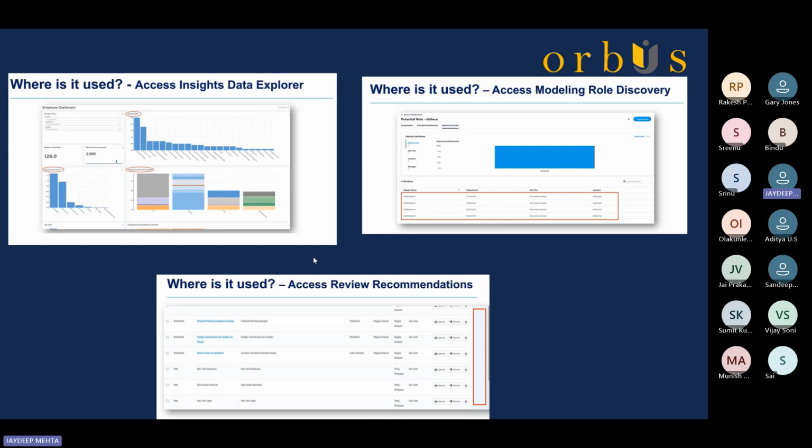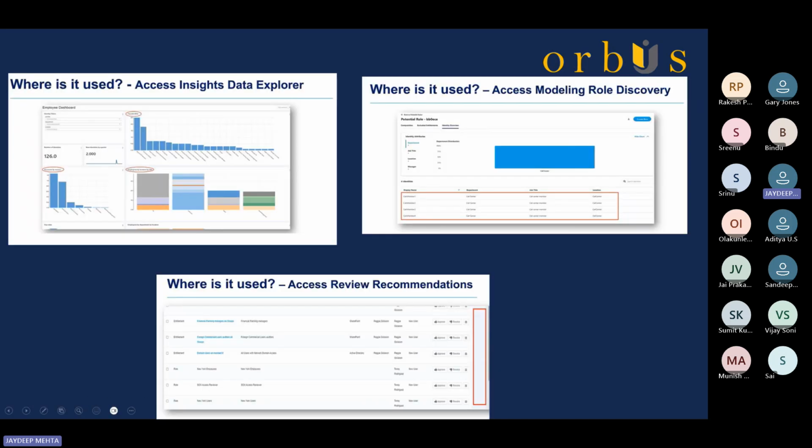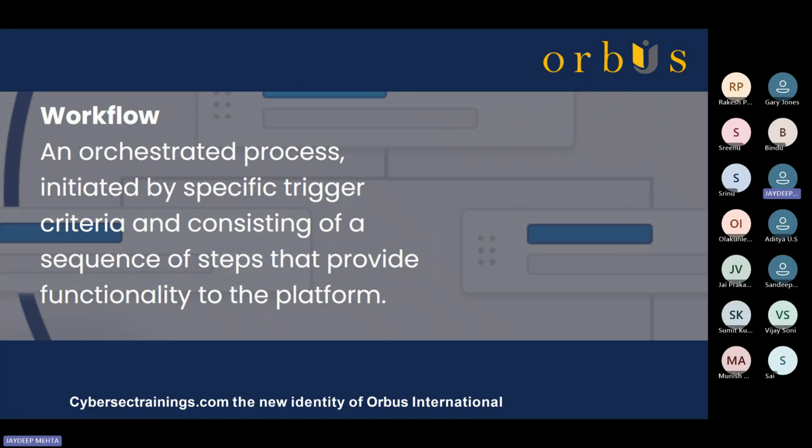Yeah, so those are all the use cases of your AI services. Moving into the next topic, which is workflow. Workflow is a powerful orchestration engine, right? So typically,